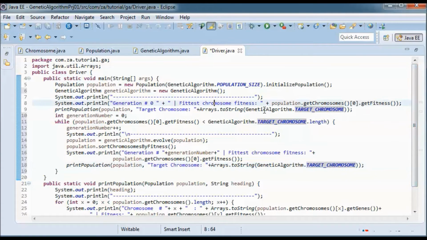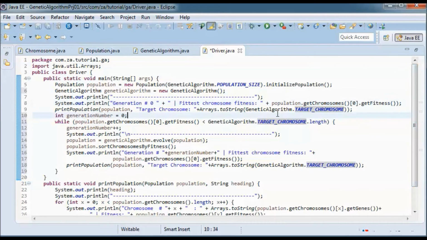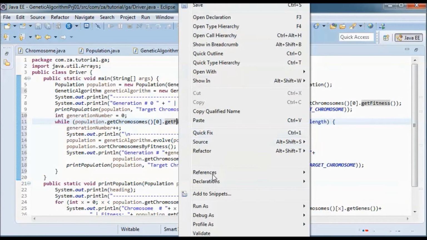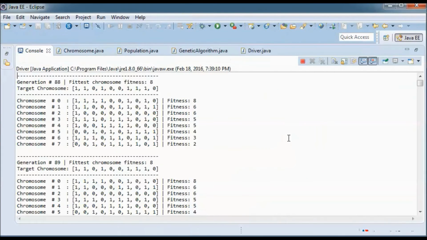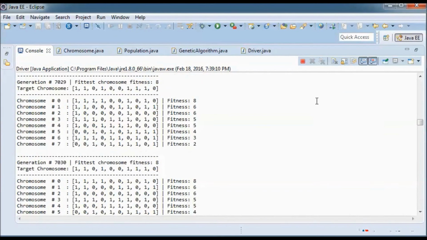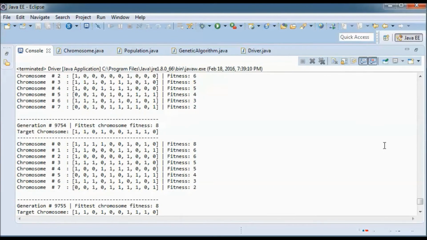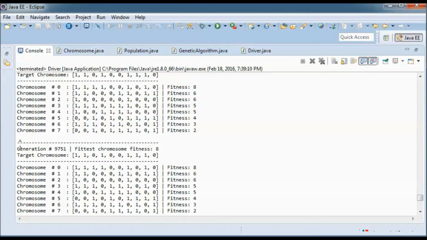So now if we run this, it should keep running because it will get the same chromosomes each time. So let's do that. So here we go, it will keep going, since all the chromosomes will be the same.